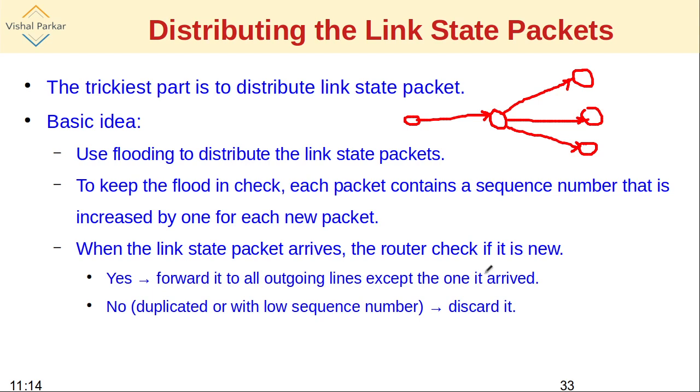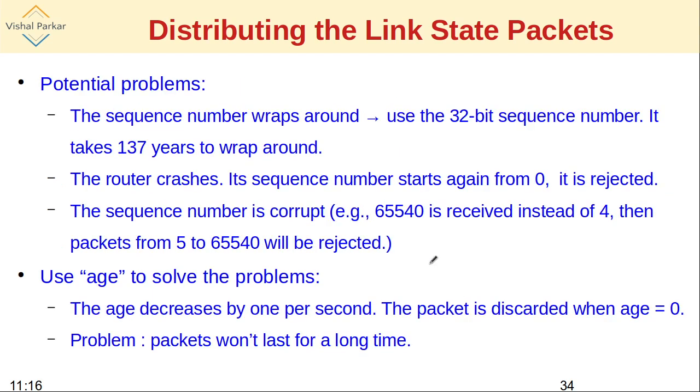And if it is having the older sequence number or a duplicate of the previous sequence number received, the router which just received it will simply discard it. Now there are some problems due to the properties or maybe some shifting in the sequence number. As the sequence number is held in one variable, when the variable is exhausted, that is, the maximum number that can be represented with that variable length is approached, the sequence number will wrap around.